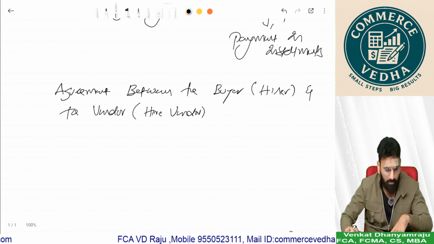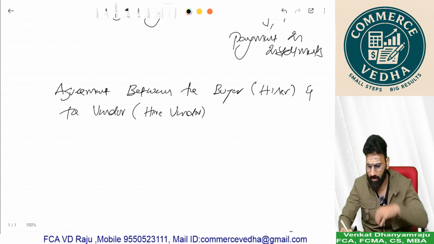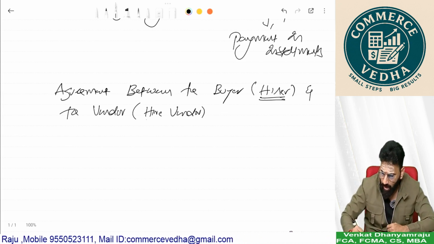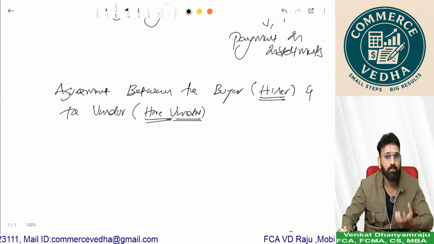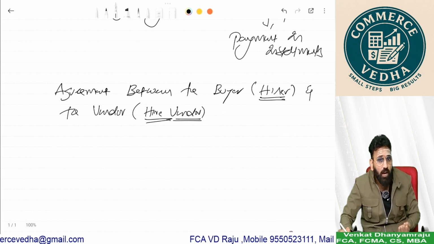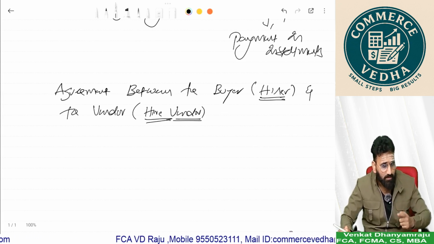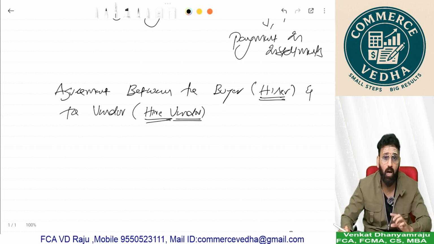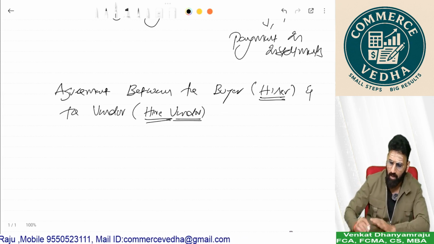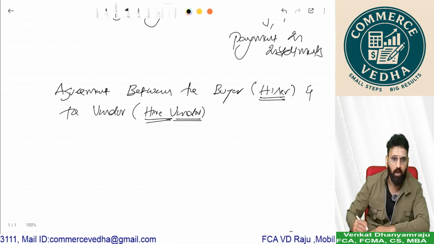Agreement between the buyer and the hire vendor. We use the words hirer and hire vendor. Hirer means the person who is purchasing the asset. Hire vendor means the person who is selling the asset under the hire purchase system. The agreement between the buyer and the vendor